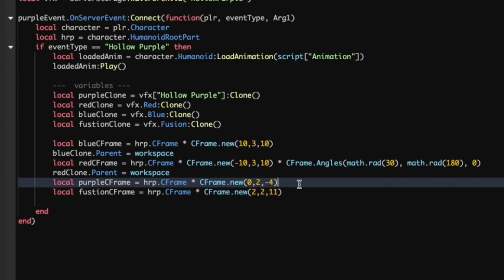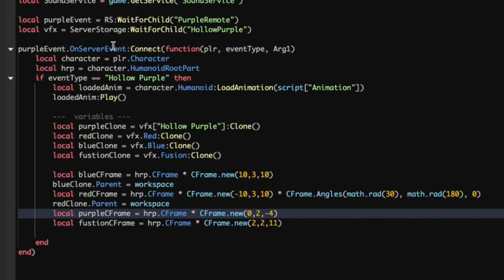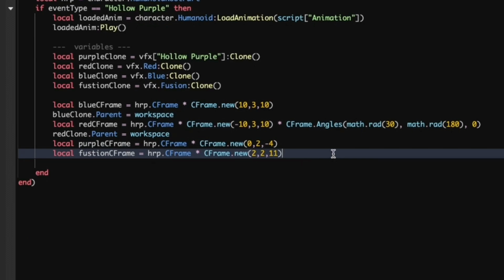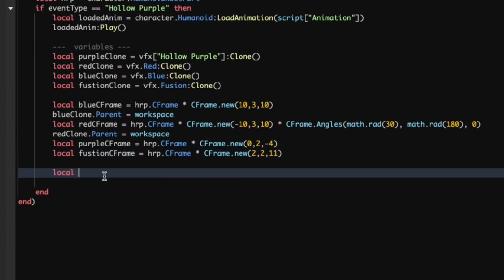Remember what I said before, where TweenService is used to make smoother animations and movements. So now we're going to be using that for blue and red. On two lines under, local blueTween1. If you're wondering why I named it blueTween1, we're gonna create two tweens each for blue and red, one tween for fusion, and one tween for Hollow Purple. So we want it to slowly appear in. So do TS